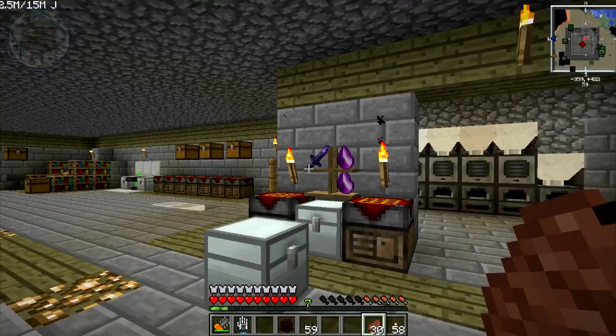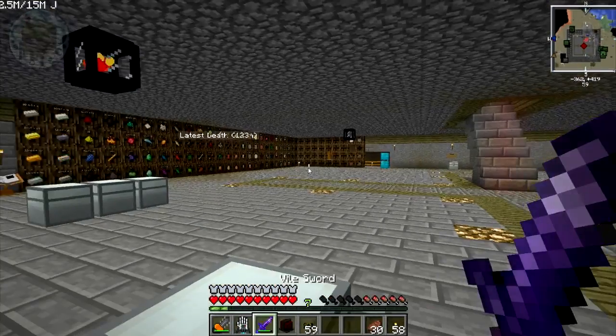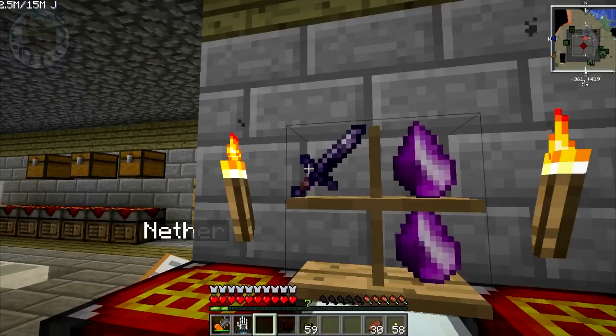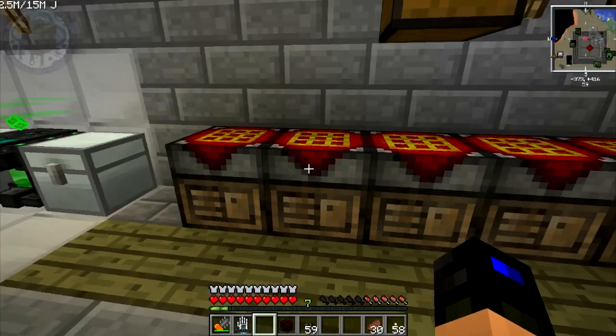Alright, so let's get rid of that one. And I'm going to show you this right here, alright? Because I'm actually pretty happy about that. Boom. Soul Stealer 4, Unbreaking 3, Sharpness 4. That is a freaking weapon. Yeah, I'm going to come over here to where I brought the...